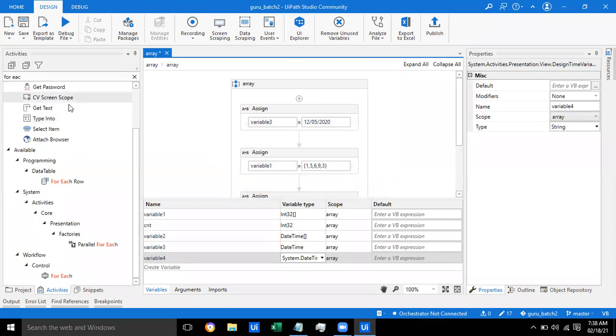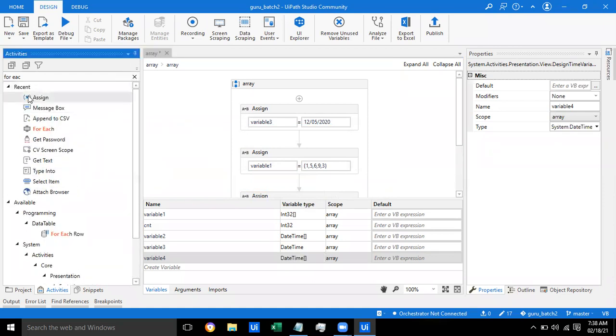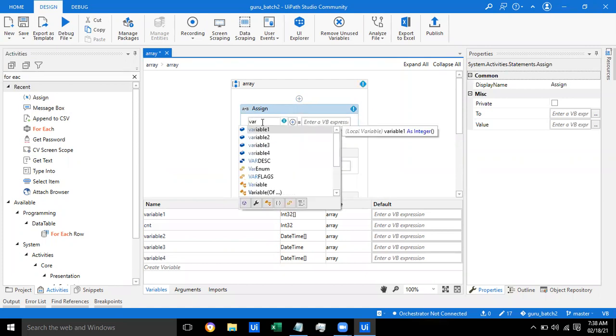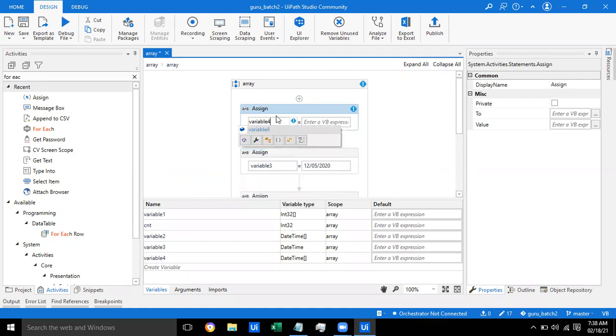Then how do you have to declare an array? Variable 4. Then any date. Let's do today's date.